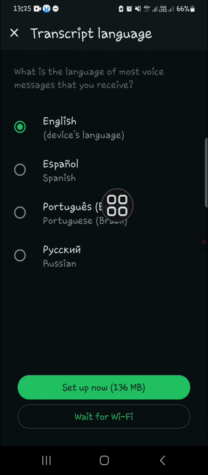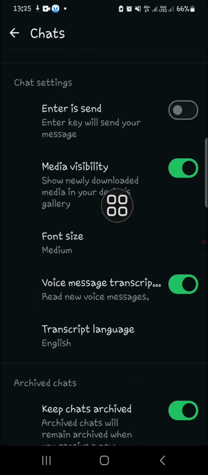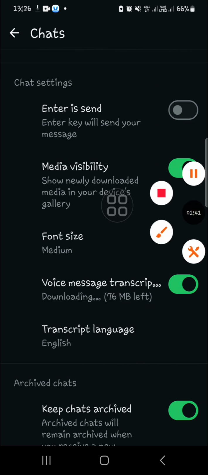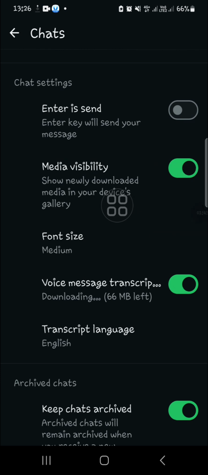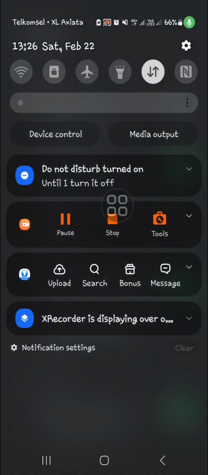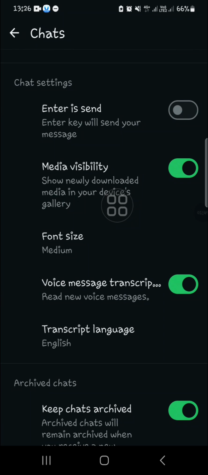Okay, and click on setup now. And make sure you have a good internet connection to download the transcript language. And now it's still loading, guys. Hold on, wait. I'm going to pause my video and I'll be right back. Okay, now it's done, guys. The transcript language has been downloaded, and then I'm going to show you how we can read voice messages on